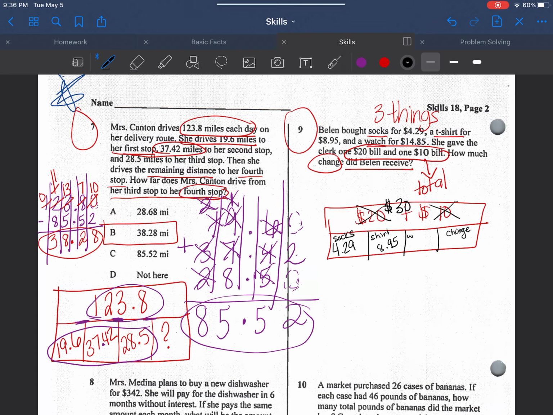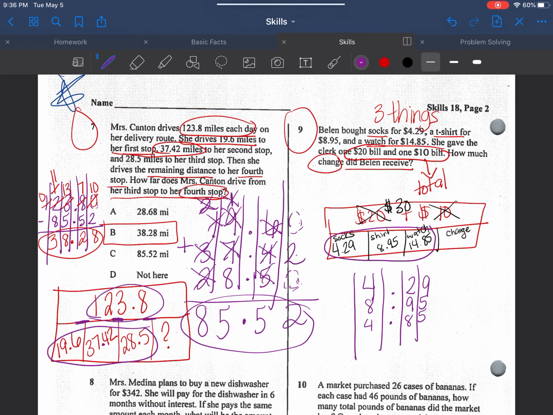The socks were $4.29. The shirt was $8.95. And the watch was $14.85. This looks just like the problem we did, number 7. In order to find the change, I need to first add all of my parts, which was the socks, plus the t-shirt, plus the watch,